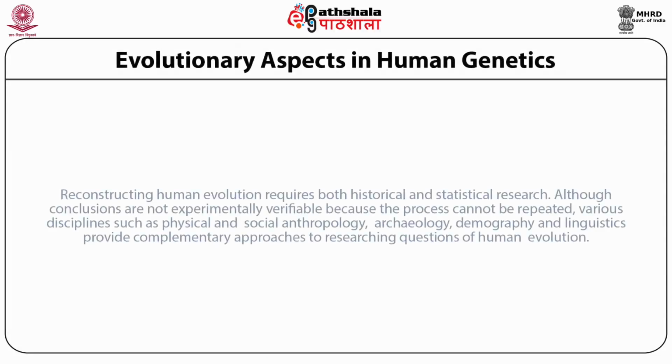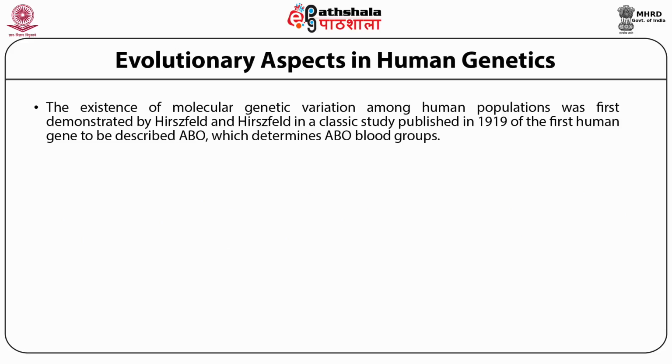So, we can say that reconstructing human evolution requires both historical and statistical research, although conclusions are not experimentally verifiable because the process cannot be repeated. Various disciplines such as physical and social anthropology, archaeology, demography, and linguistics provide complementary approaches to researching questions of human evolution. The existence of molecular genetic variation among human populations was first demonstrated by Hirschfeld and Hirschfeld